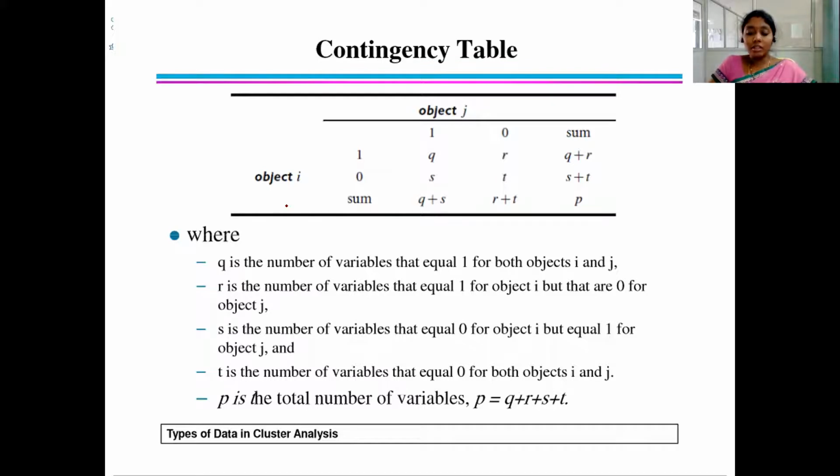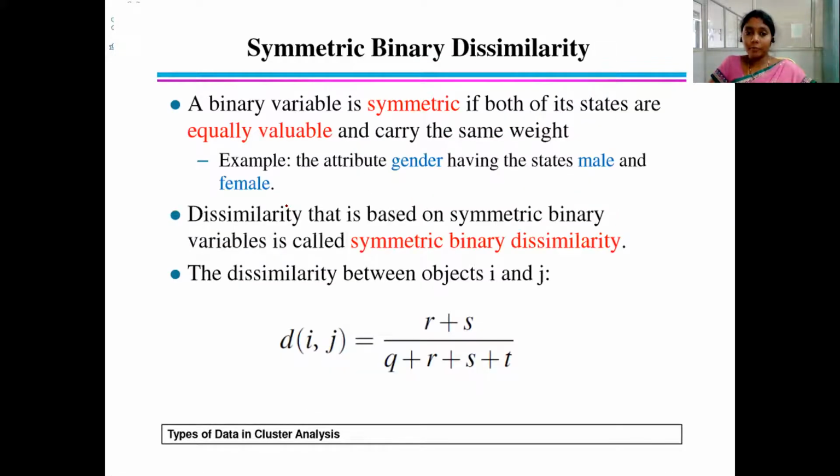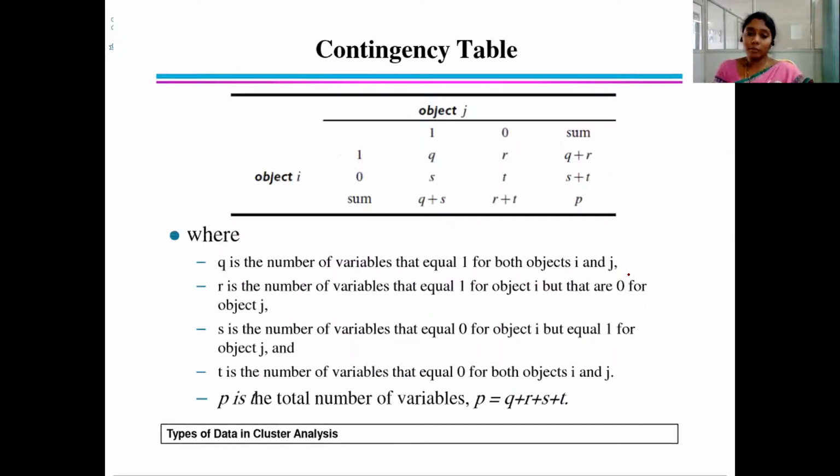What is a symmetric binary variable? Symmetric means there is no weightage among the values, whereas in the case of asymmetric, we have the weightage. In the case of symmetric, this is the dissimilarity formula, and in the case of asymmetric, since there is a weightage for the two values present in that variable, which value can be ignored?